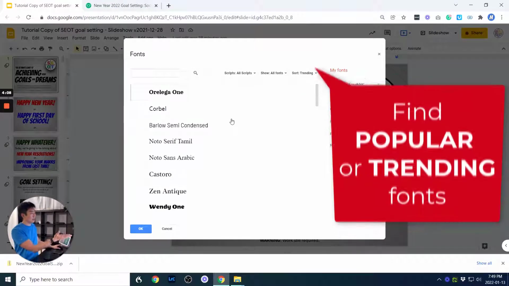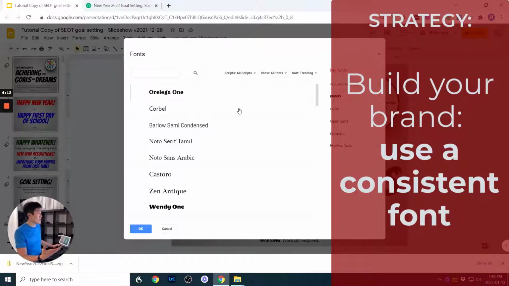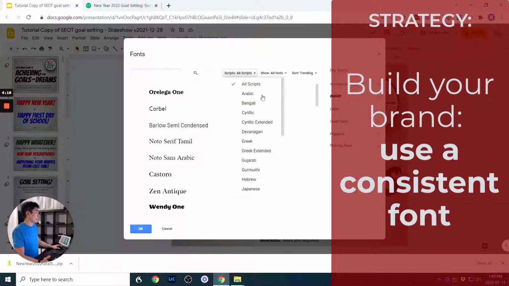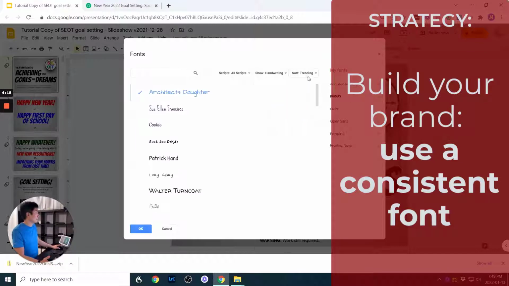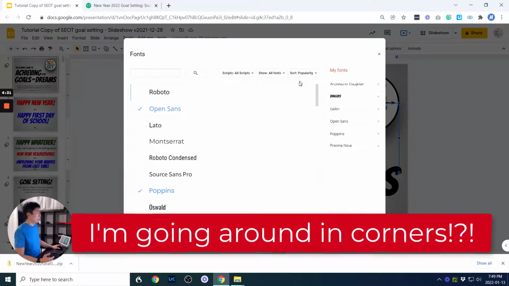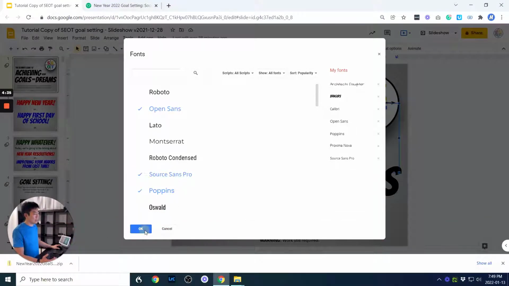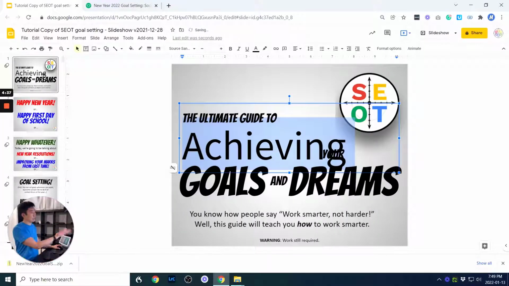So this is, wow, this is a great font. You probably want to choose one font for your brand. So if you're making your covers, but anyways, and if I'm looking for, let's say, a handwriting font, just click on that. And Architect's Daughter, I've already installed it. But let's say I really like, oh, I don't like any of these. Anyways, I can install a font from here. So I simply would click on that, for example, hit OK if I like that font, and then it'll change it to it.